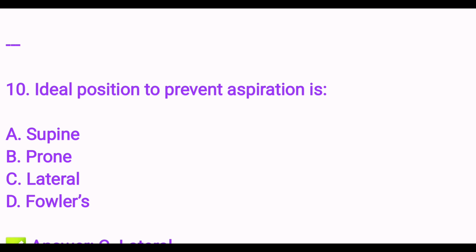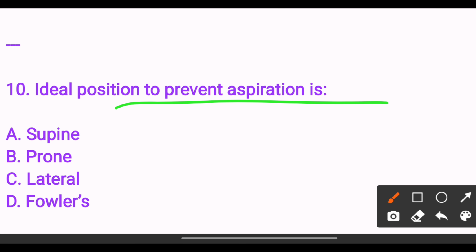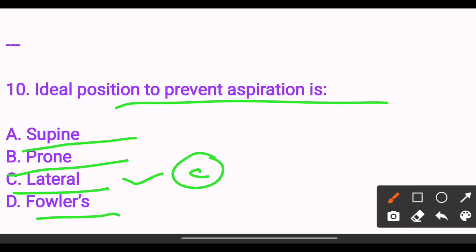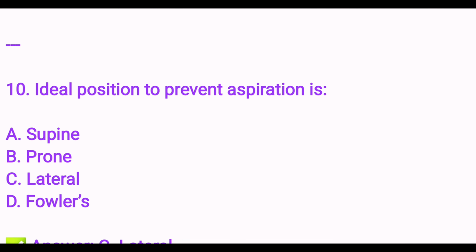the ideal position to prevent aspiration is: option A supine, option B prone, option C lateral, option D Fowler position. The answer is option C. The side-lying position prevents aspiration of secretions, so the answer will be option C. Next,